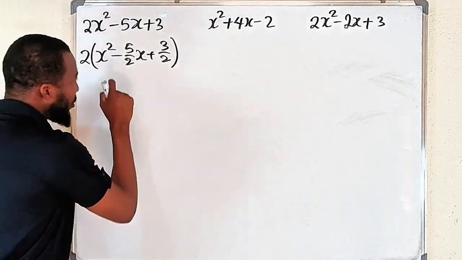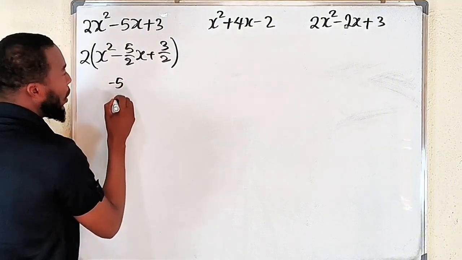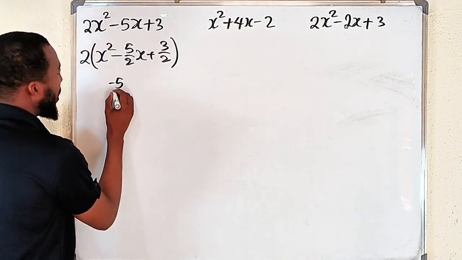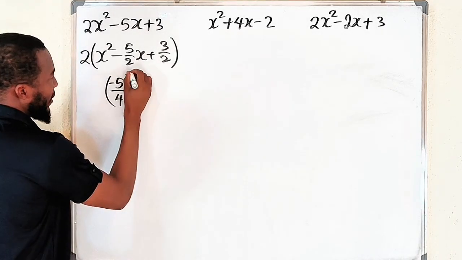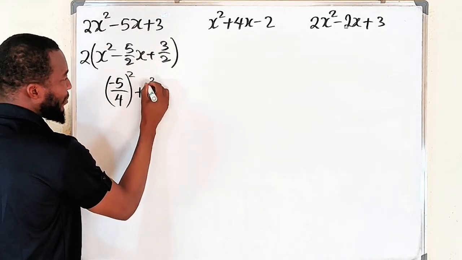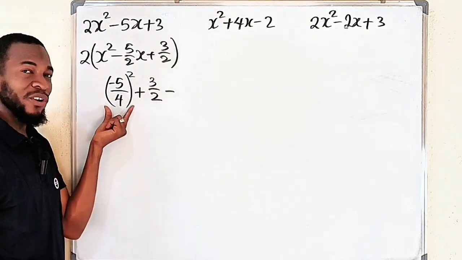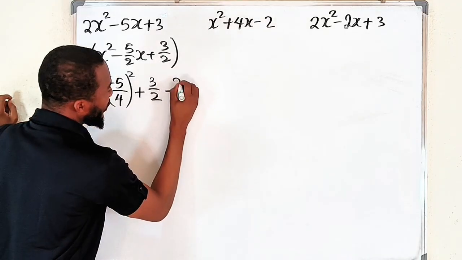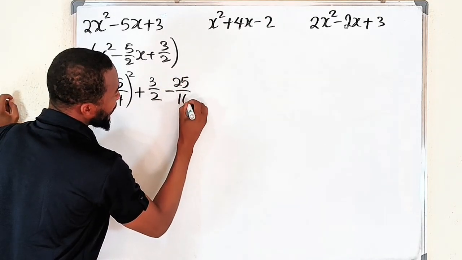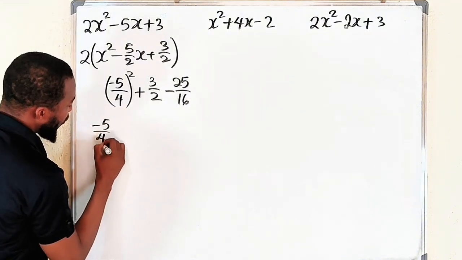All right, bring down the coefficient of x, which is negative 5 divided by 2. But you know you're going to divide it by 2. By dividing this by 2, it becomes 4. Remember to square everything. Bring down the constant term, 3 divided by 2. Now subtract the result here. This is going to give us 25 over 16, right? 25 divided by 16. Negative 5 divided by 4 whole squared